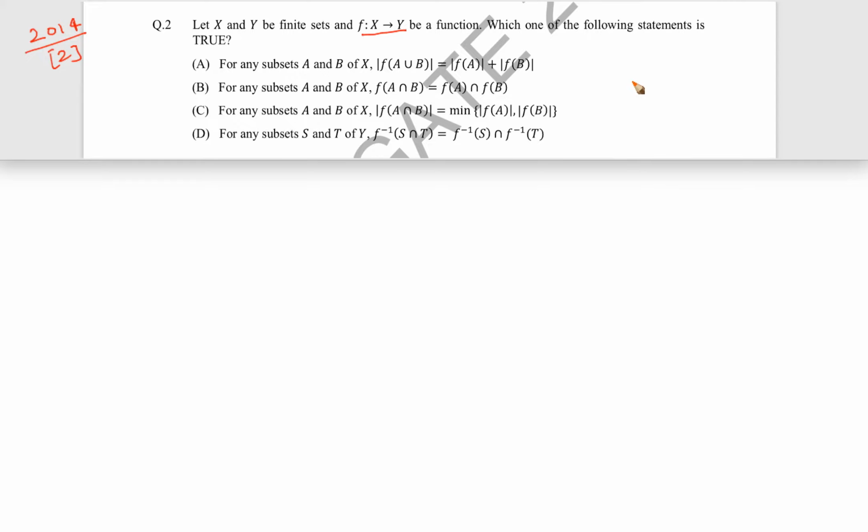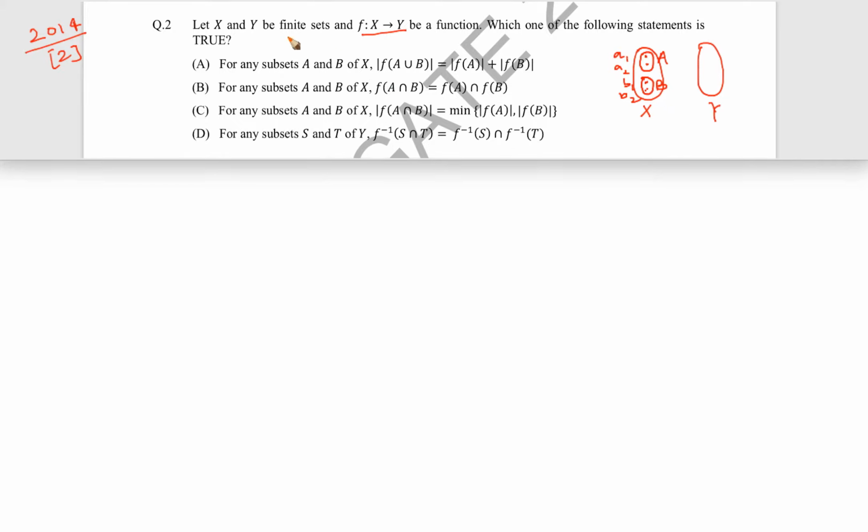Okay, so let's understand it by an example. Let's say that there is this X and there is this Y, and let's say there is a particular subset A, and let's say it has two elements, and I am writing these two elements outside because there is no place. So let's say these elements are a1, a2. Similarly, let's say there are two other elements b1 and b2. These are the two elements and they form the subset B.